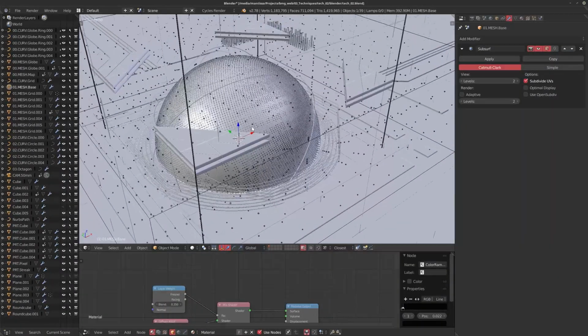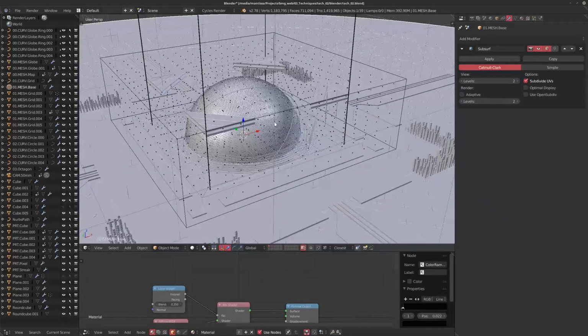And that's the best way to approach this type of work. Don't think of it as this one monolithic piece of work. Think of it as all these beautiful little elements that come together. It's easier to build something up one by one than to try and do everything at once with one big element. As you can see, there's quite a few objects in here, but it's not the end of the world. It's not that many.